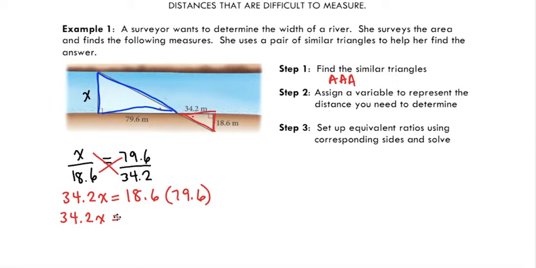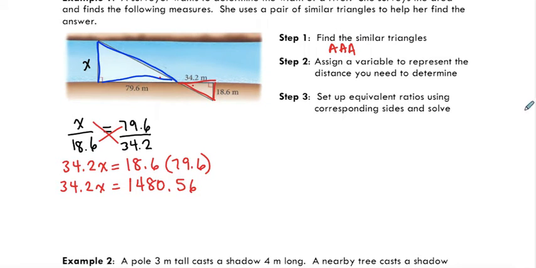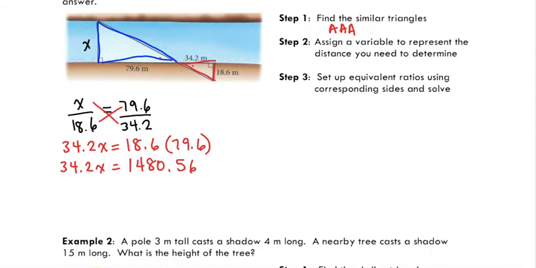I'm going to use my calculator to figure out 18.6 times 79.6, and that gives me a value of 1,480.56. I'm going to keep those 2 decimal places until the final step of my problem. From here, I need to get rid of the coefficient in front of my variable, so I'm going to divide both sides by 34.2